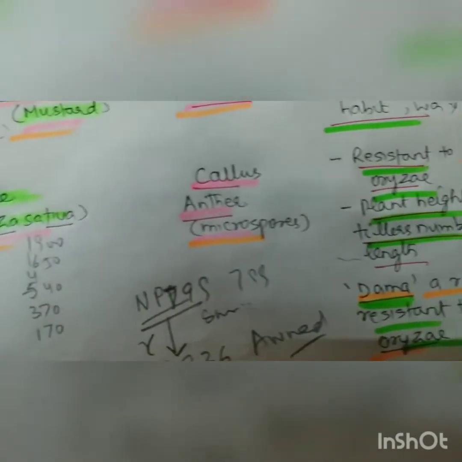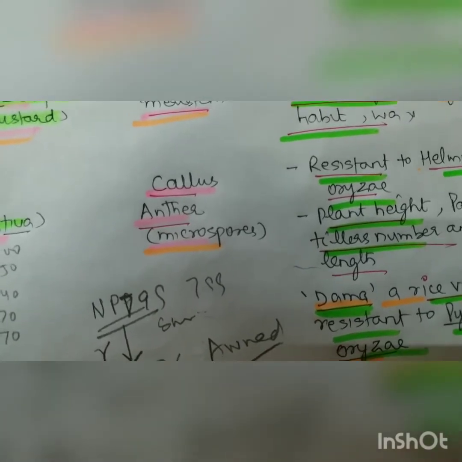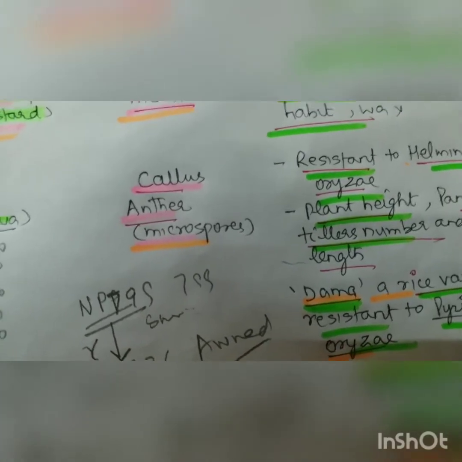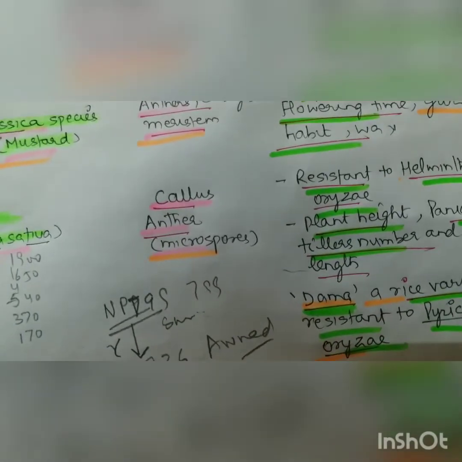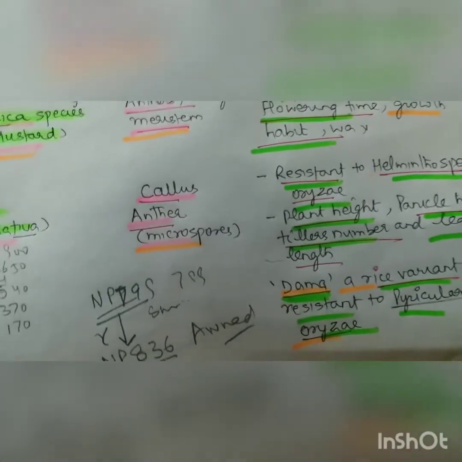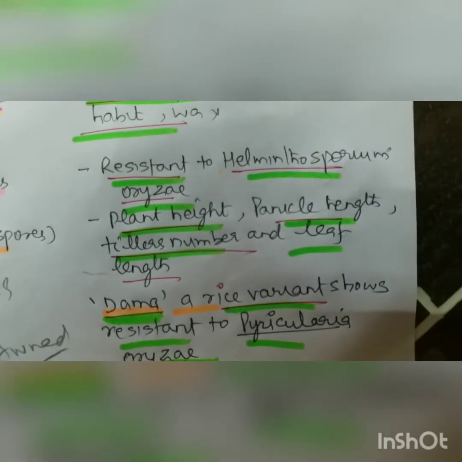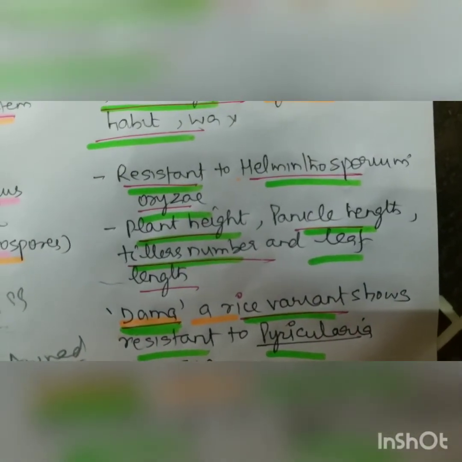And lastly we come to rice, that is Oryza sativa, and the parts used are callus, anther, that is microspores. Anthers and microspores are the next topic I will take. After that I will take apoptosis and molecular biology, and then I move again to anther and pollen culture, because I already told you these are the two topics which play an important role in UGC, and I am covering them soon.